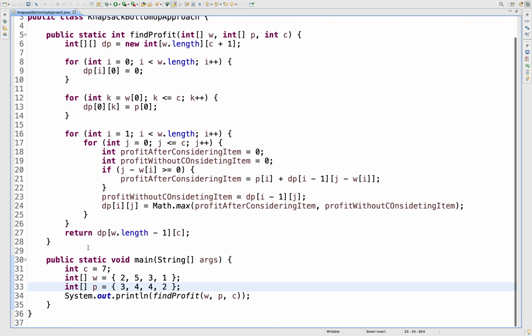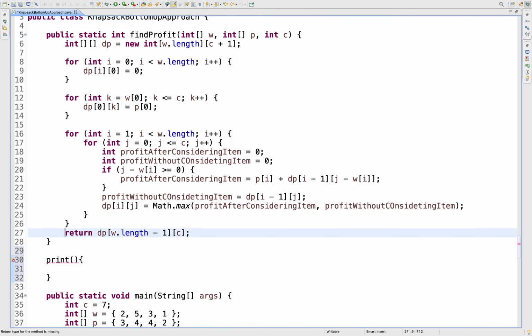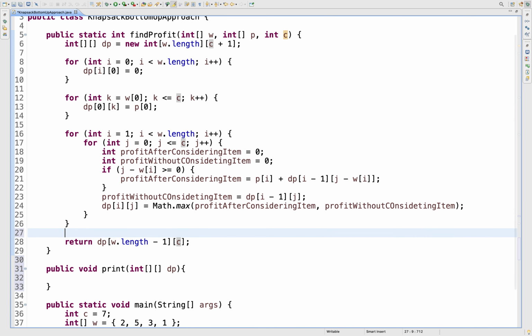So I'll write a method, for example, print, so this will print the indexes and it will take the DP array, and from here I'll pass the DP array.